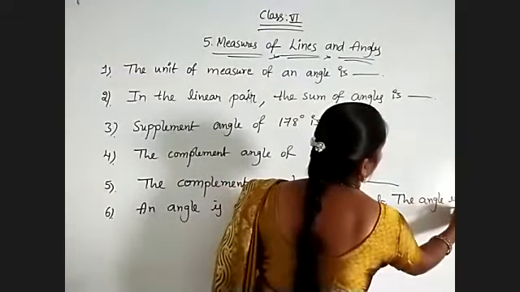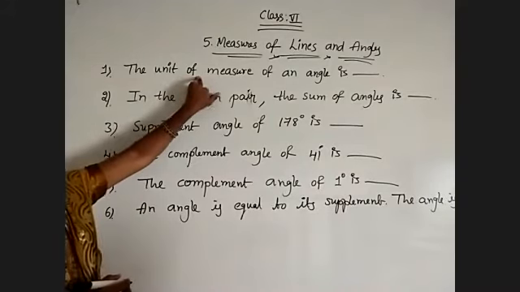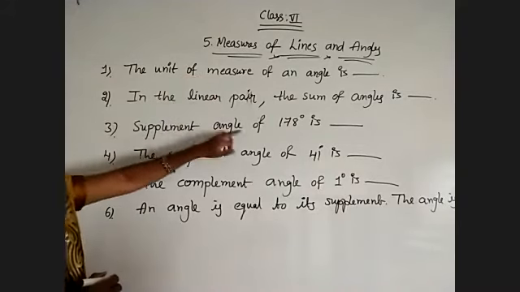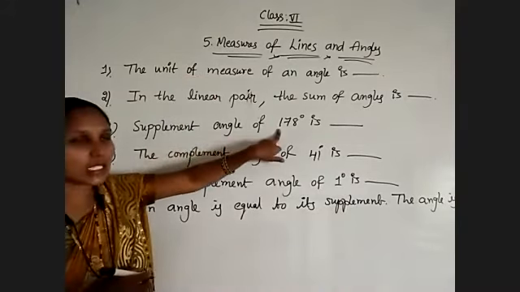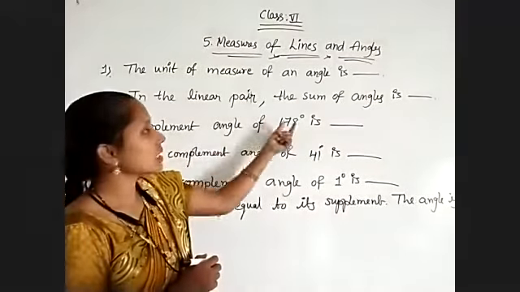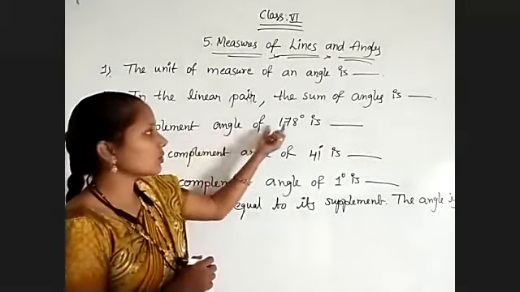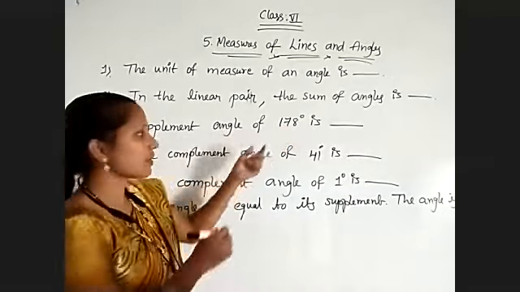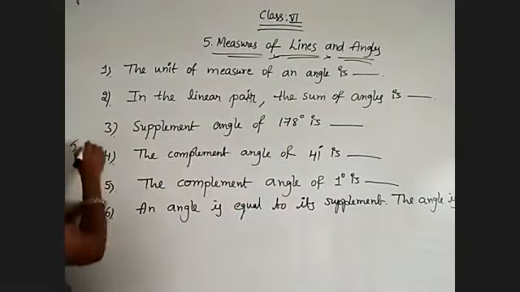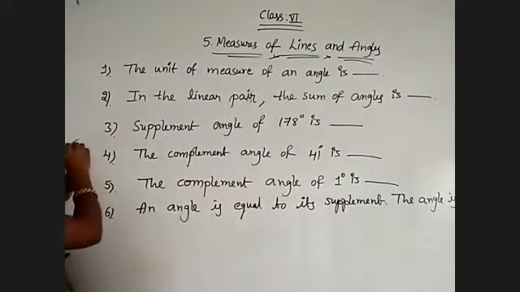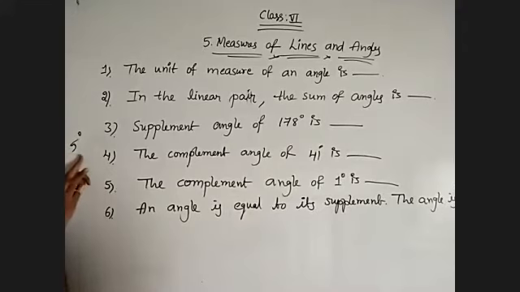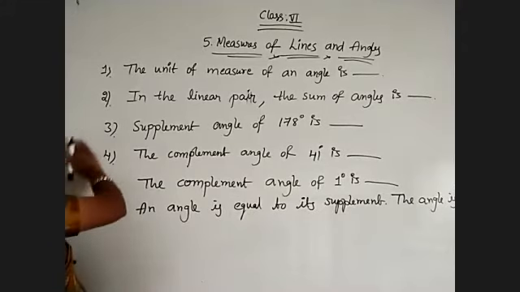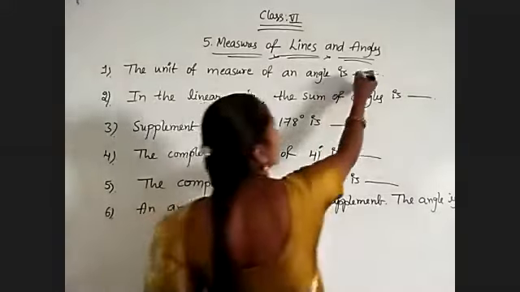Okay, observe the question. Units of measure of angle. Angles are measured in which units? See, observe this number, 178 degrees, is an angle. To indicate this as an angle, suppose I have written only 5. 5 is not an angle. If I keep the degree, then only it is referred to as an angle. So what are the units of angles? Degrees.